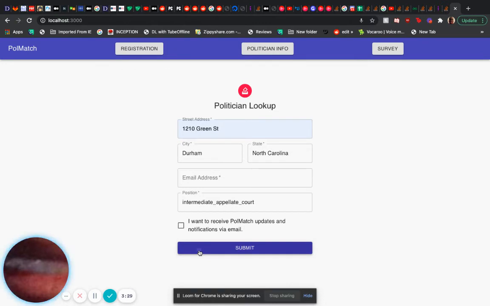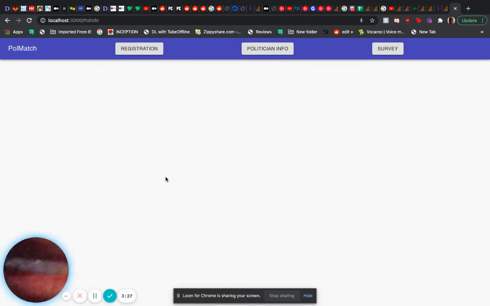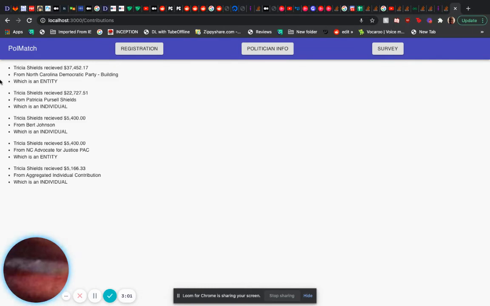When I submit this, we do a dynamic web scrape using Beautiful Soup, and this scrape gives us all of the people running for an appellate court in North Carolina. They're set up in pairs of two, which denotes who's running against who, because obviously you're not going to be interested in an unopposed election. So we're going to click on Trisha Shields, and this takes us to